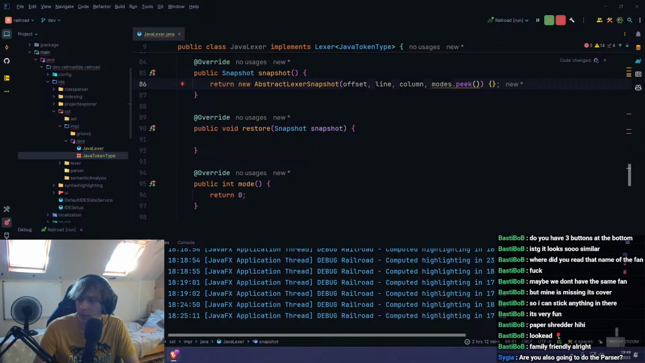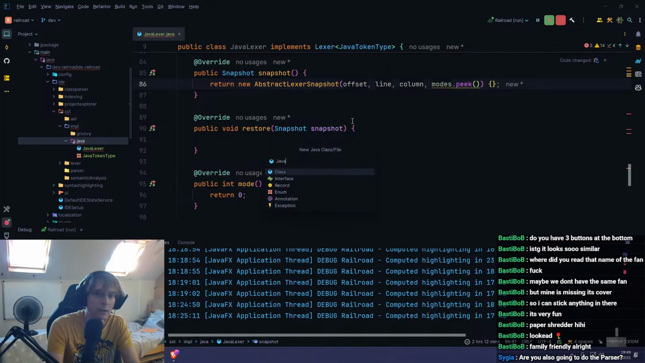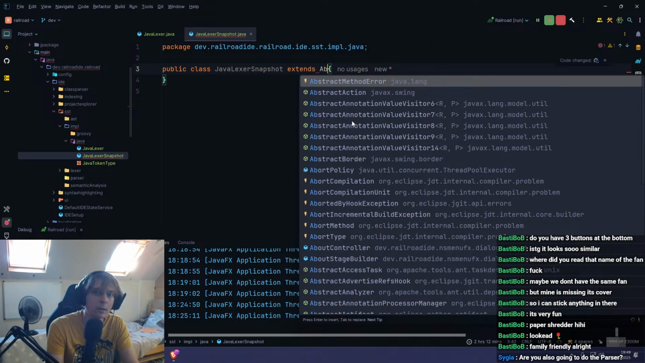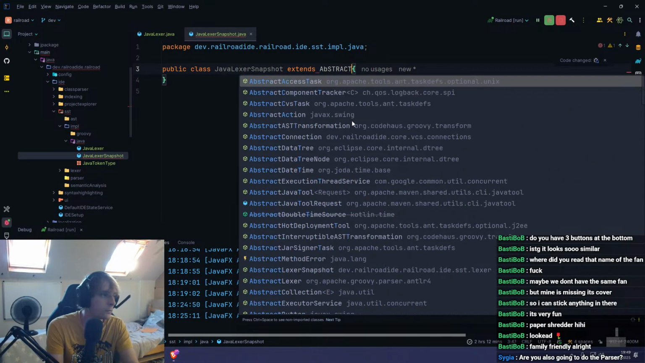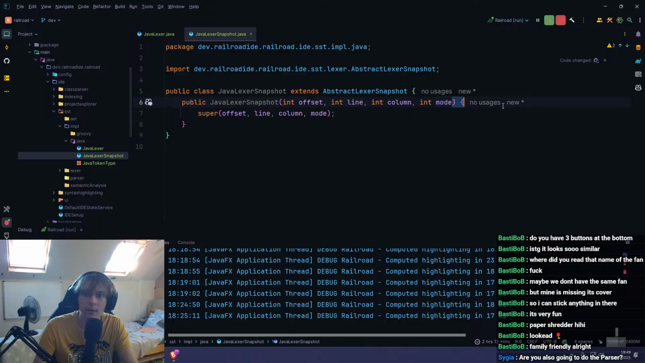I probably want like a special snapshot for this. So we'll call this like a Java Lexer snapshot, which will extend abstract Lexer snapshot and add the constructor. And then I'm just going to take in a few extra things. So I'm going to take in the